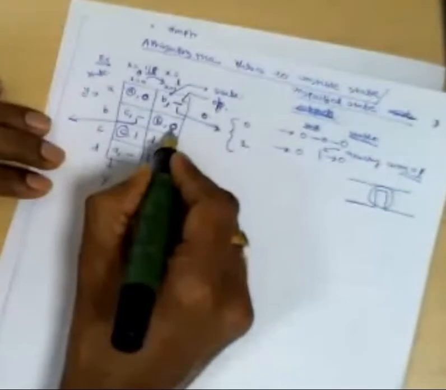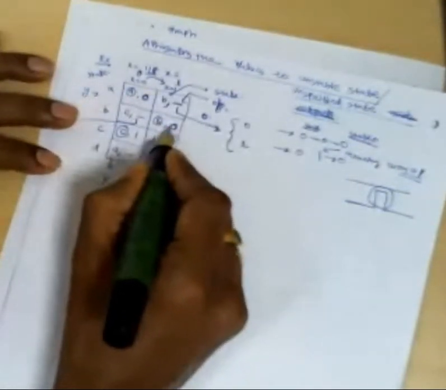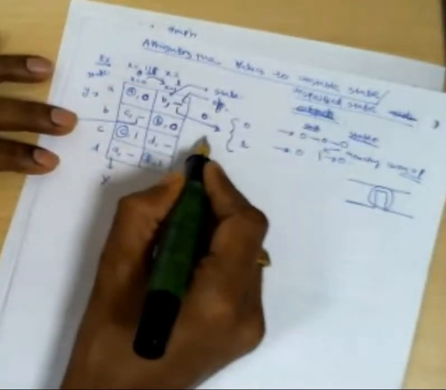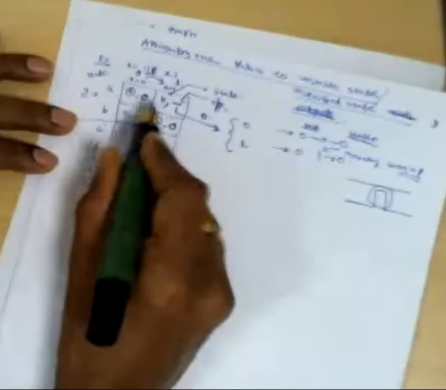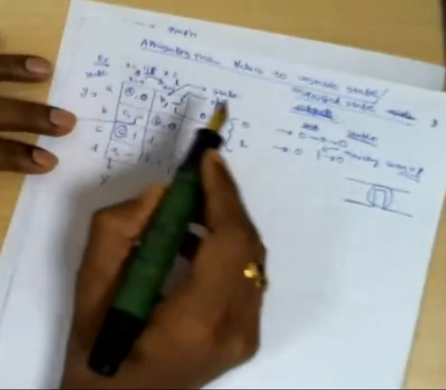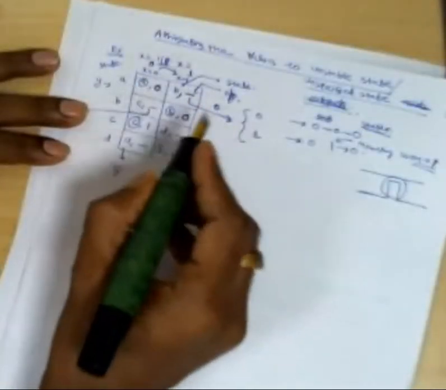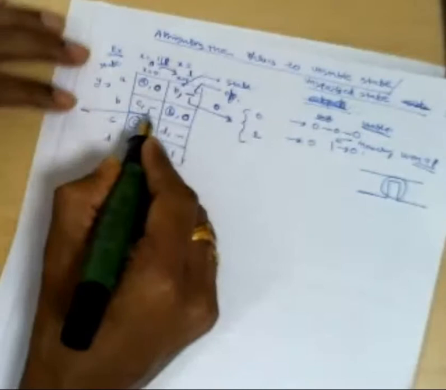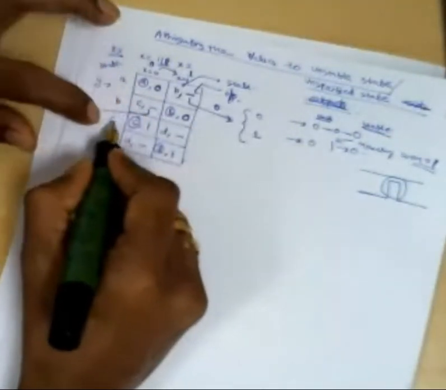So now the circuit is here, assume. It is in B, so it is in the stable state now. Then the output coming is 0. The state is also stable now. Now the input changes from 1 to 0. When the input goes from 1 to 0, what happened? The next state will be C.